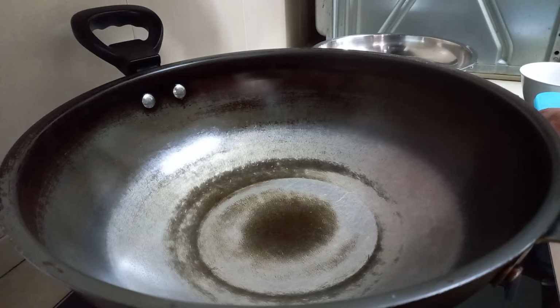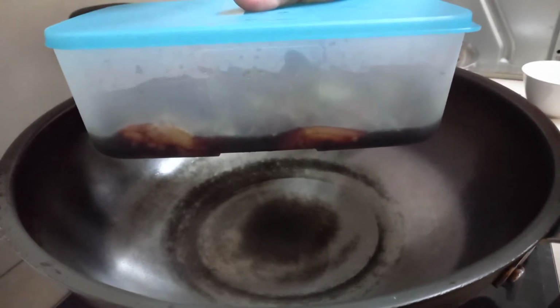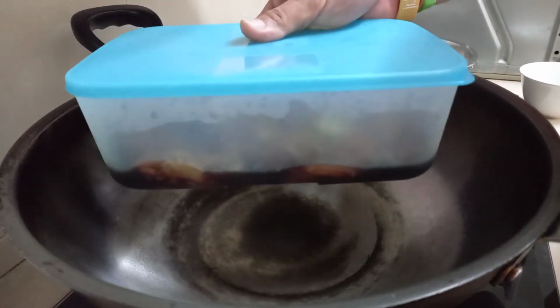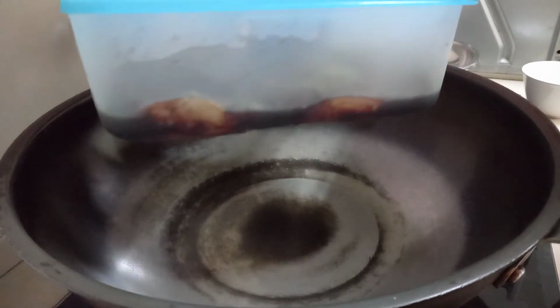Now it's time to do part 2 of our halal chicken char siew. Earlier on, I marinated my chicken char siew and I kept it in the fridge. It's been more than 2 hours already, and 1 hour before cooking I took it out to let it get to room temperature, and now we are ready to cook. So here's part 2,